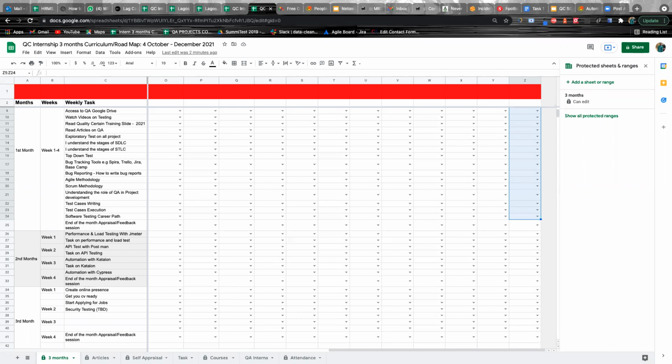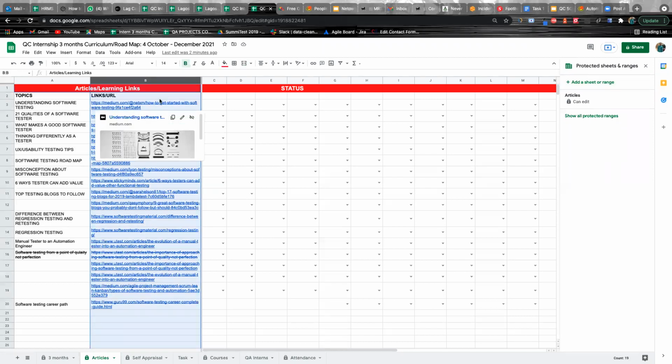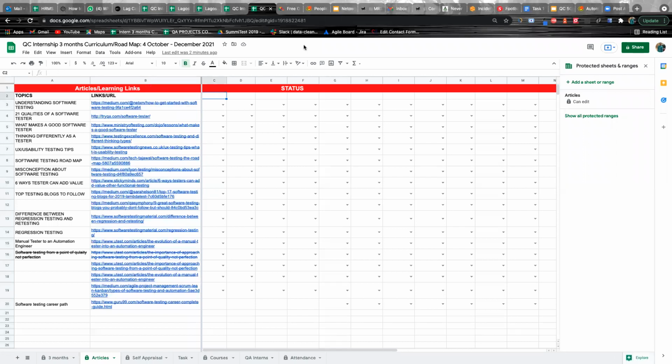So the next tab on the sheet is the article part. Each and every one of us has to come here and pick any articles and read on our own. Like I explained earlier, you will have to come here and add in your name.